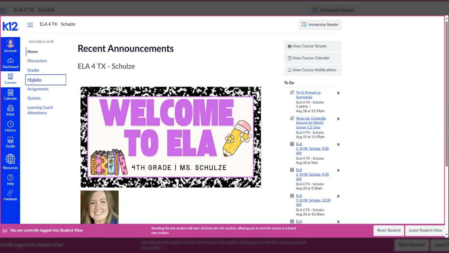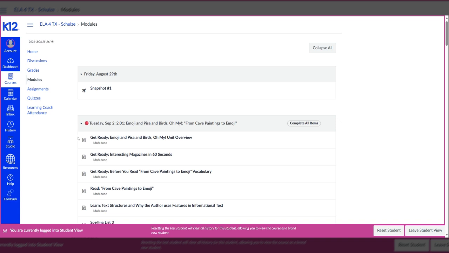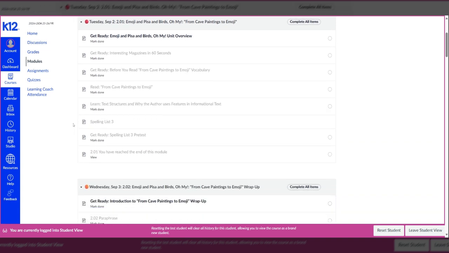to go into modules. Now, the reason that I highly recommend modules is that not only does your student get a daily checklist of their learning activities, but what can happen sometimes if students are only going into quizzes or assignments, or if they're just clicking into those things from their calendar, is that they miss out on a lot of learning opportunities. So as you can see, this module is for Tuesday, September 2nd, and it looks like there's